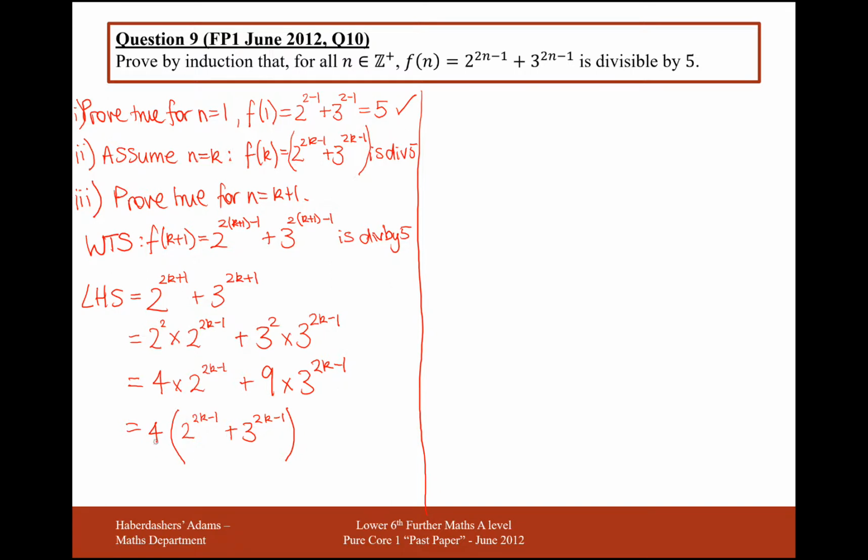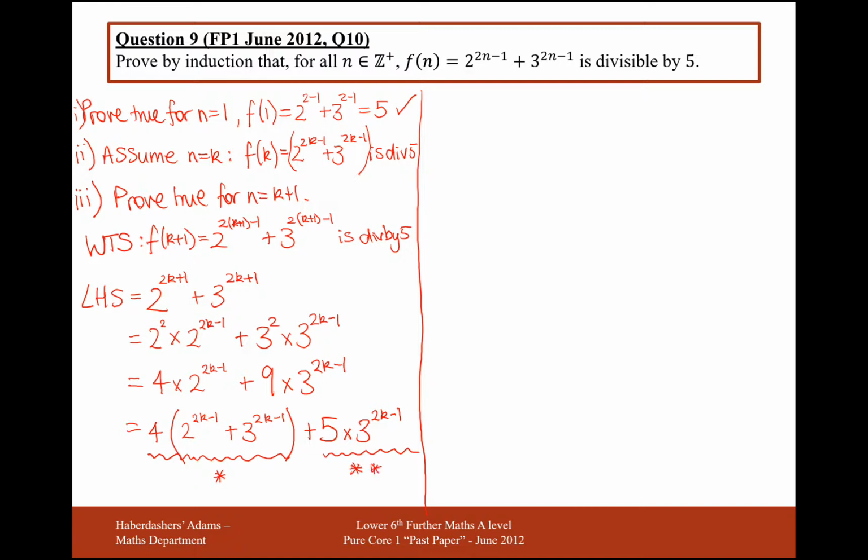What I've got here is only 4 lots of 3 to the power of 2k minus 1, but I need 9. So I need an extra 5 more of those 3 to the power of 2k minus 1s, which is great. What I now have is the summation of 2 components that are both